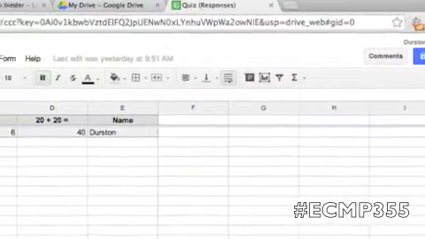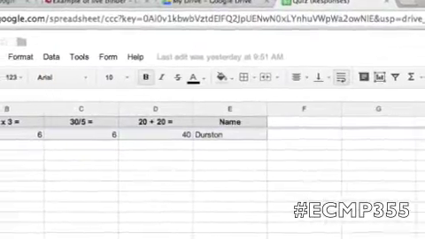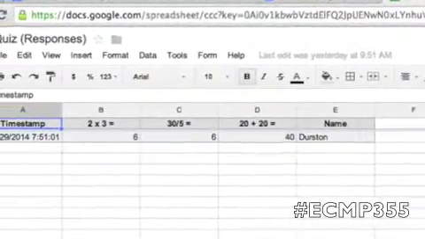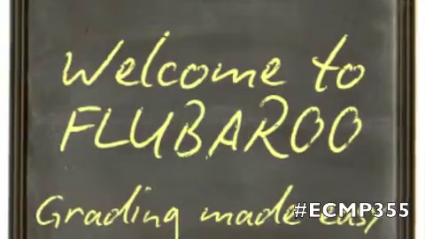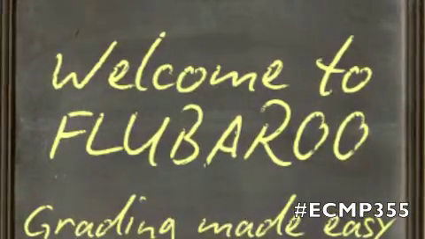And when they hit submit, there's a separate sheet that it will go to, and it will display the test results. With the test results displayed, you can use something called Flubaroo. It's an extension in Google Docs, and it's going to be linked down below if you want to watch a video on it. But it will instantly mark everybody, and it'll tell you what question was the hardest for the students,